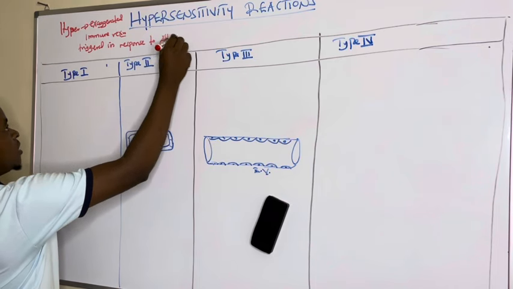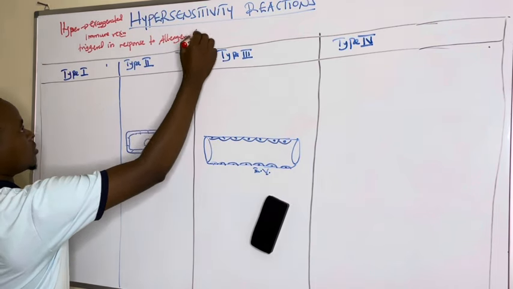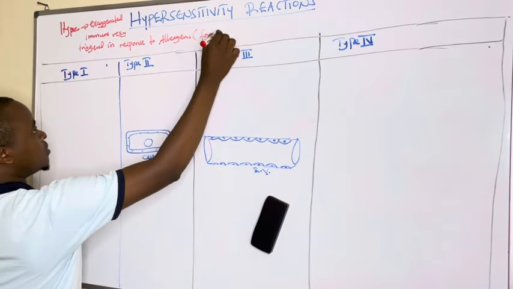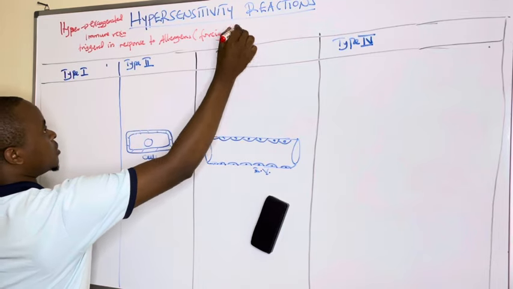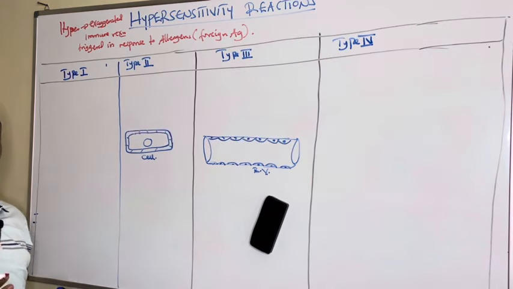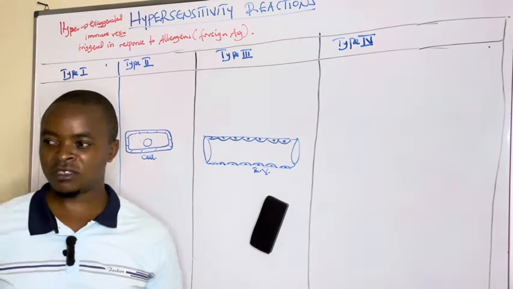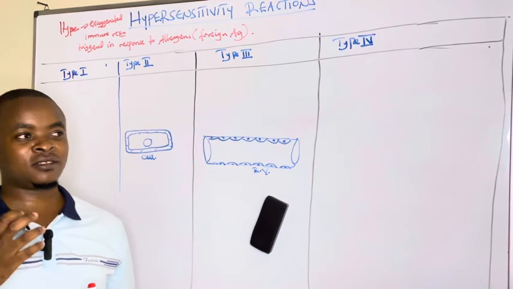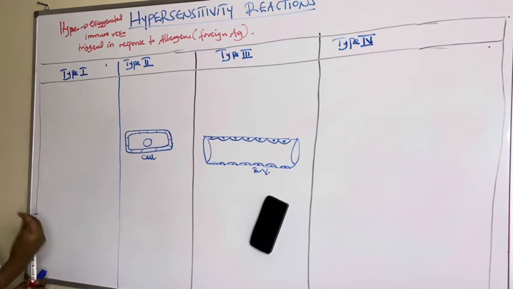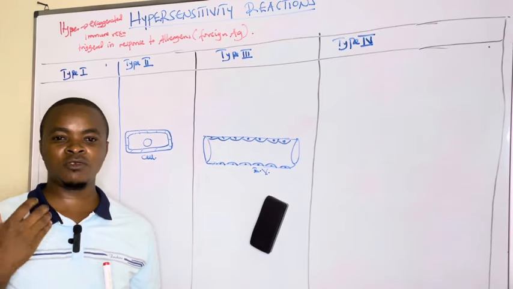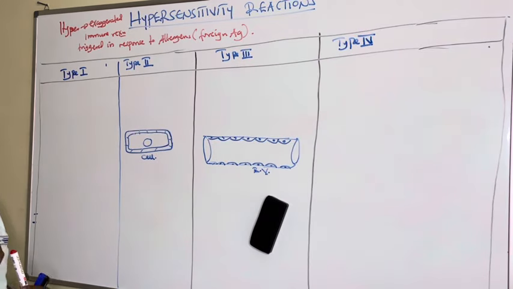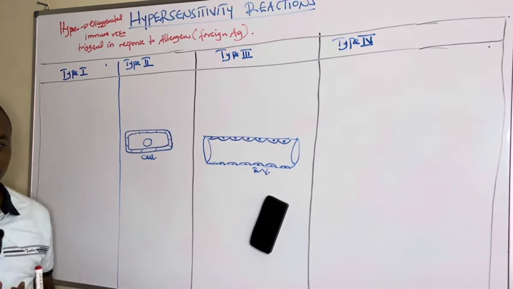Sometimes we call them allergens, or what we call foreign antigens. So something must be triggering this exaggerated reaction. That's why we call them hypersensitivity. So a hypersensitivity, by definition, is an exaggerated immune reaction which is triggered in response to allergens, or what we call foreign